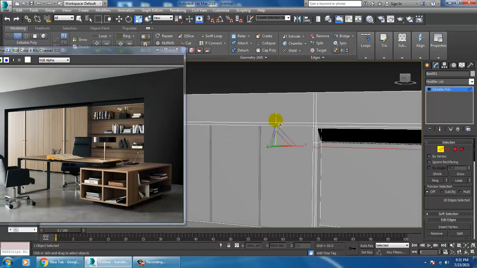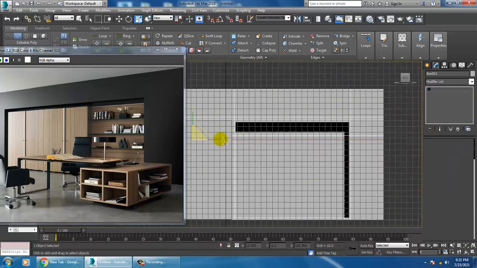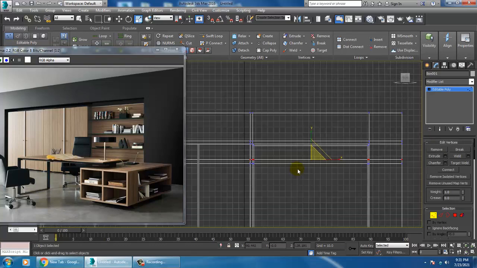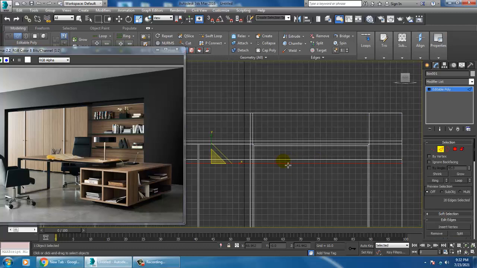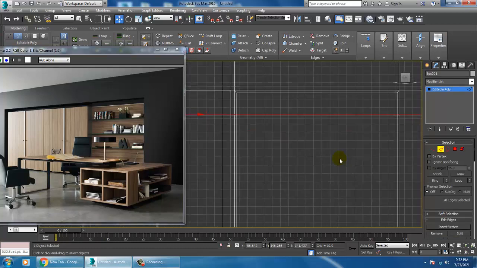Double click on it and scale from the top. Again go into the vertices, or you can just select these edges over here and slightly push it down. Again use a swift loop over here.